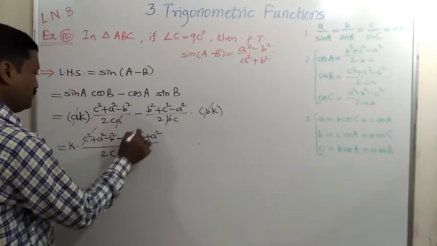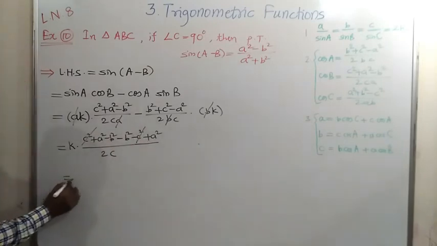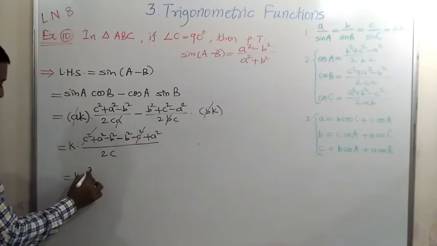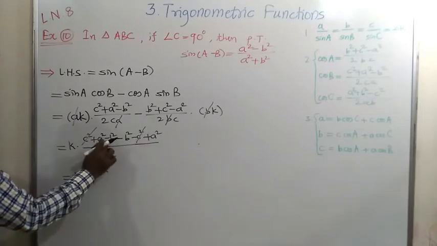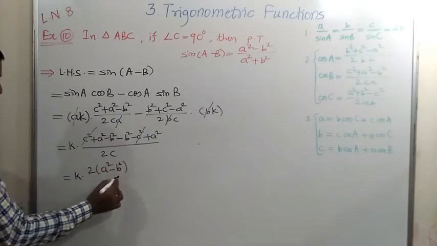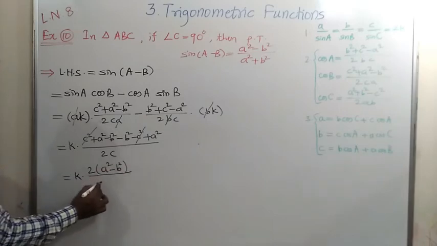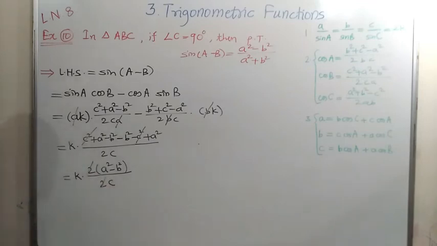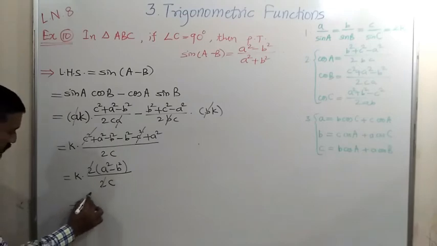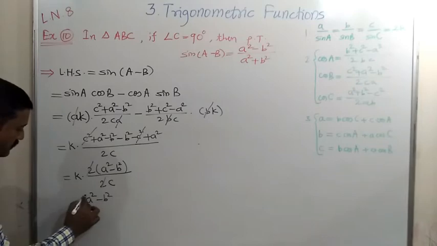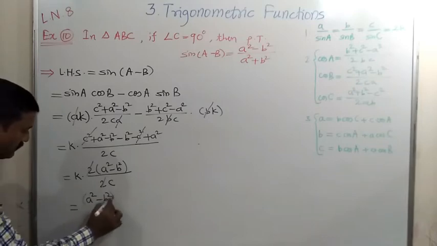Once again cancelling C square, we get K in bracket twice A square, and this minus B square becomes twice B square, whole divided by 2C. Once again 2 gets cancelled. Numerator becomes A square minus B square into K